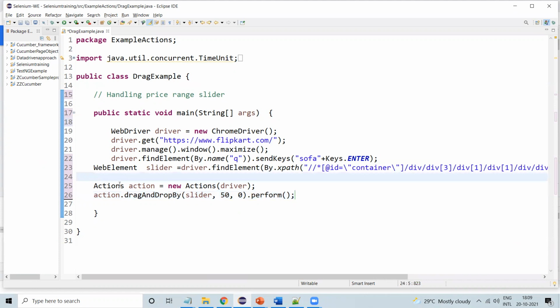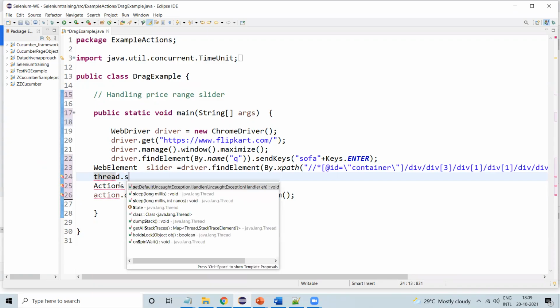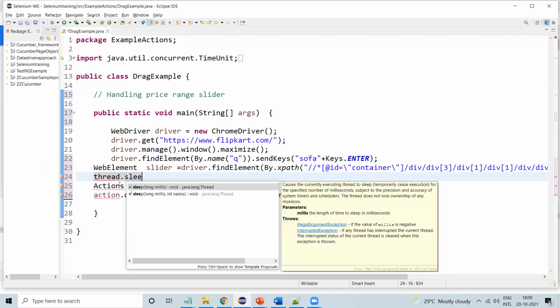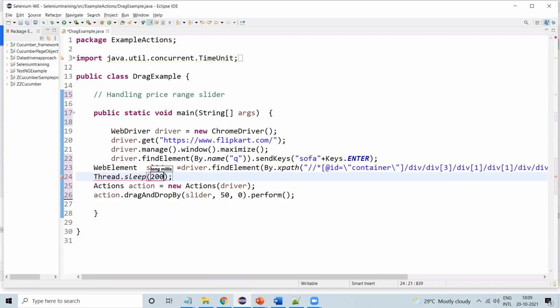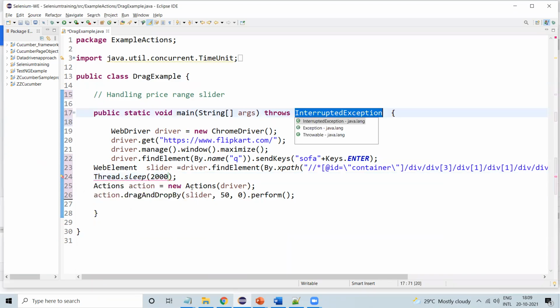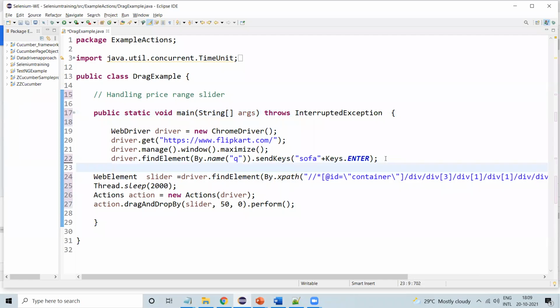Before this I will give Thread.sleep, because it will load in the application, so we have to give some halt time for loading the page.